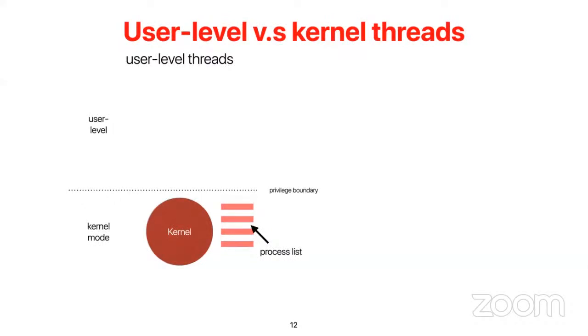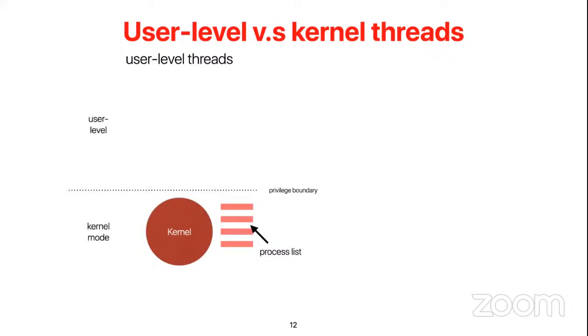However, people love threads because, as we mentioned before, threads are lighter weight. And because threads share the virtual memory, it's easier to achieve parallel programming. So to support this demand from the application, or the programmer, the question became: can we achieve the function of threads without modifying the kernel? And the solution is user level threads.